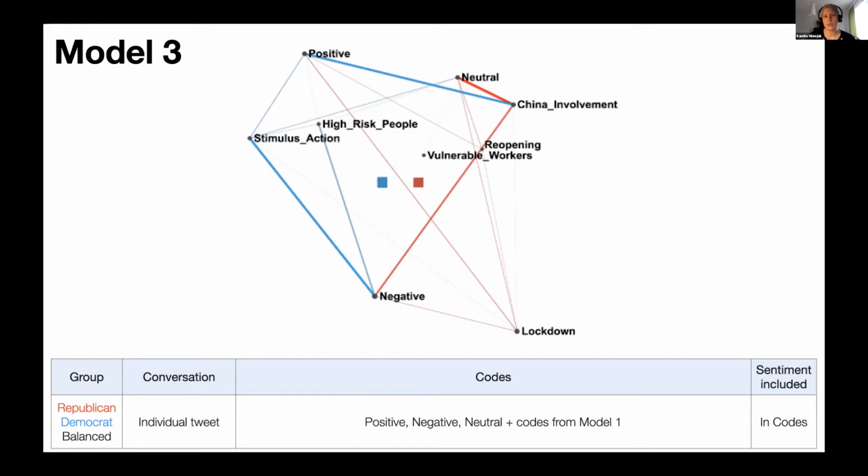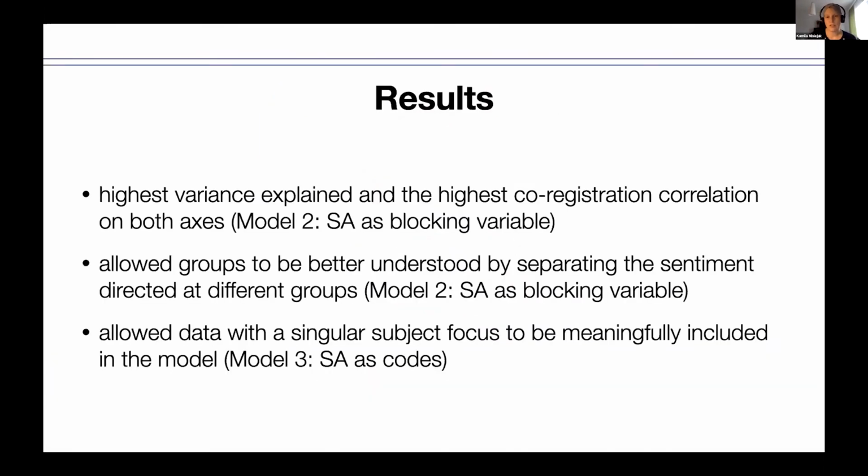But as you can see on the screen, we have neutral, positive, and negative as codes in our network. So what we have found out is that our second model, the model that used sentiment analysis as a blocking variable, had the highest variance explained and the highest co-registration correlation of both axes. Also, it helped us better understand the differences